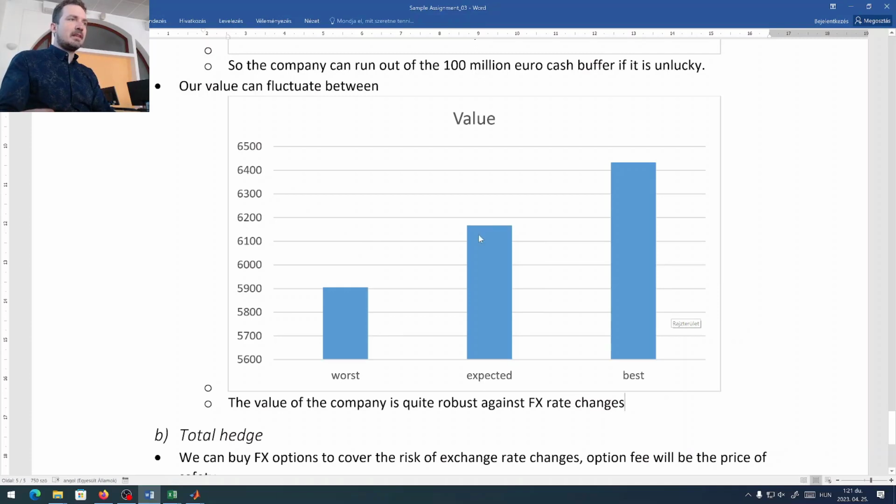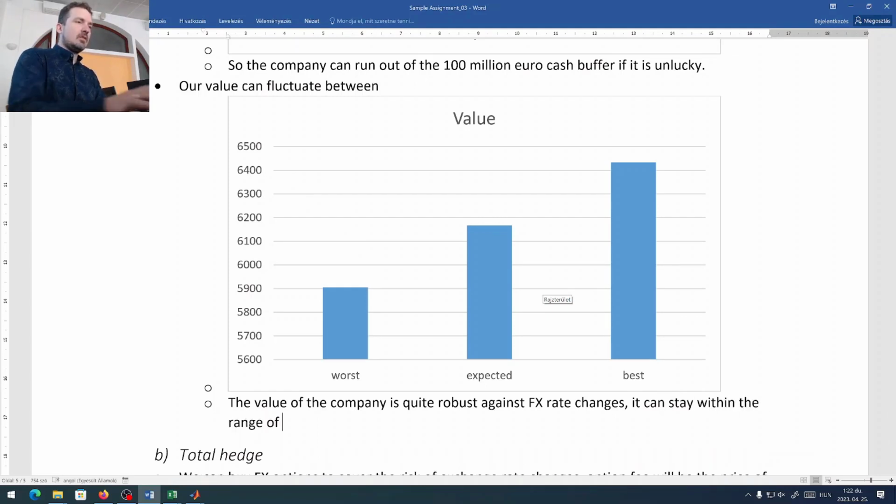So practically it can be volatile or jump back and forth between, so it can stay within the range of